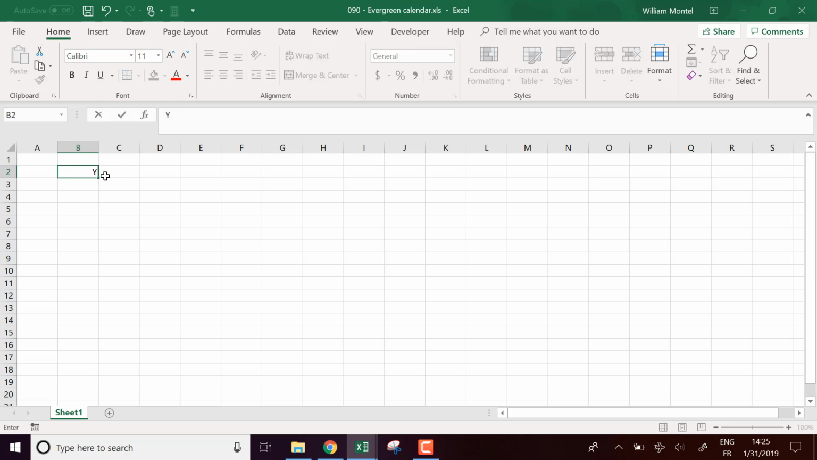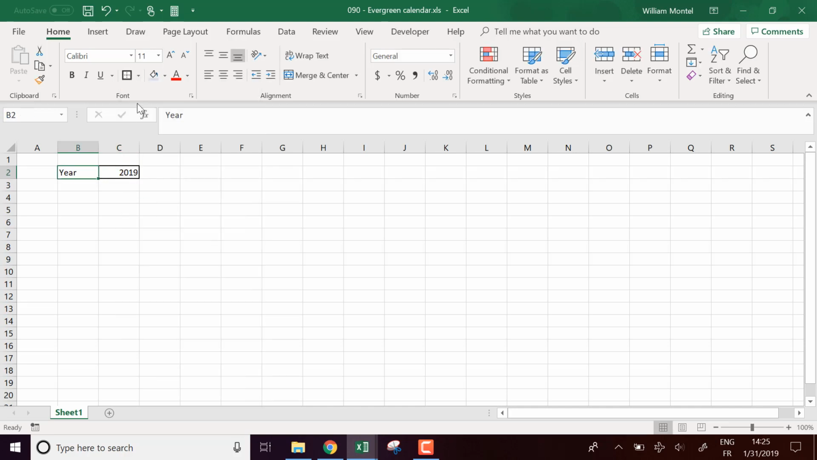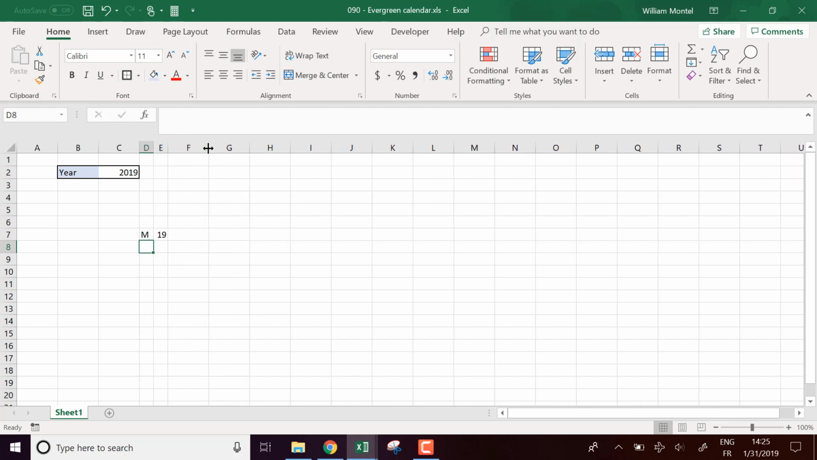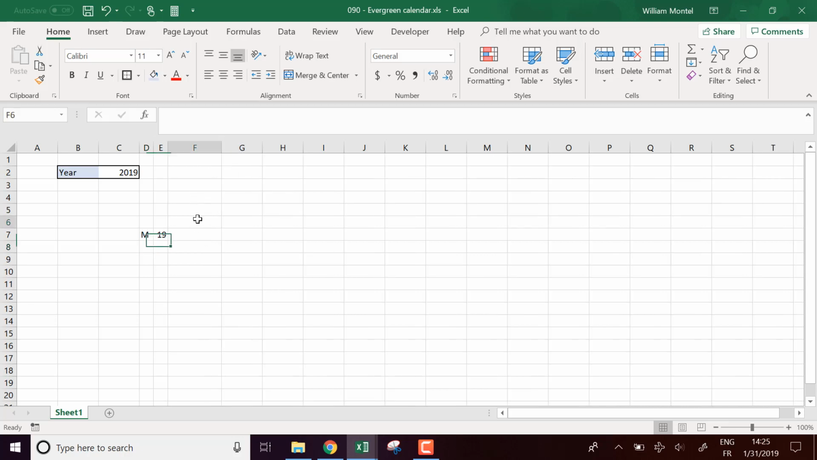calendar. So first, we're going to start with the year. So I'm going to put 2019, with a bit of format like this. What do I want to put in my calendar? I'm going to do something simple. It's going to be, for example, M for Monday and 19, if we're on the 19th of January. This is going to be on the side like this, and then we're going to have the month over here. So for example, January